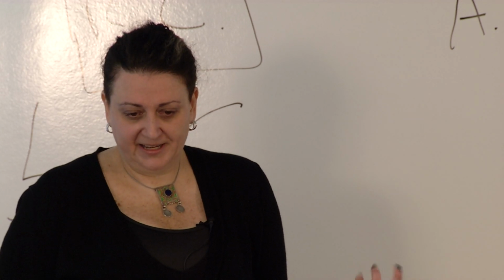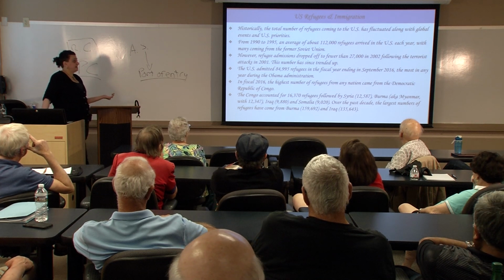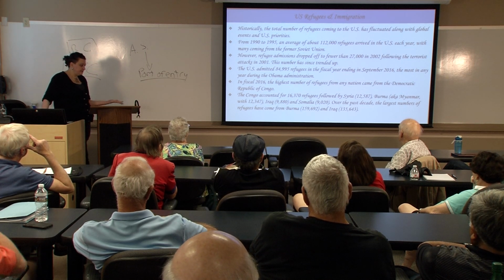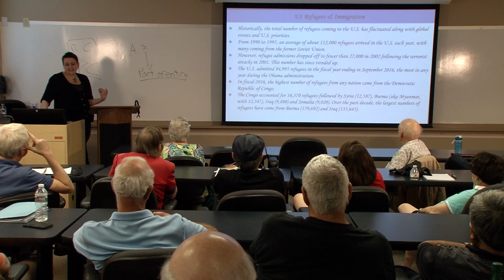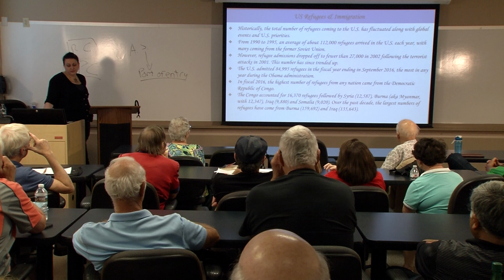If we look at, here we go. Historically, the total number of refugees coming to the United States has fluctuated depending on the crisis that is happening at the time and the US priorities. From 1990 to 1995, we had an average of 112,000 refugees arriving to the United States every year. However, refugee admissions dropped off to fewer than 27,000 in 2002 following the terrorist attacks in 2001. The number trended up since then. The US admitted 84,000 refugees in the fiscal year ending in September 2016, the most in any year during the